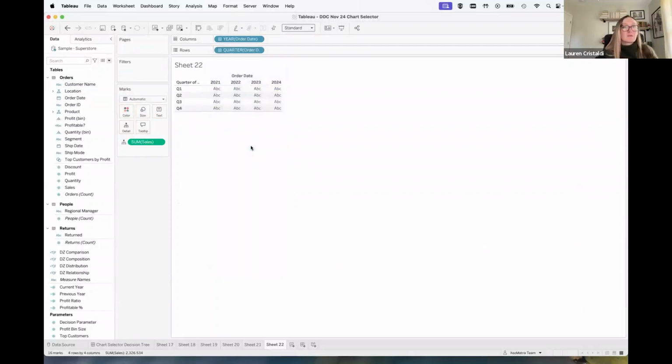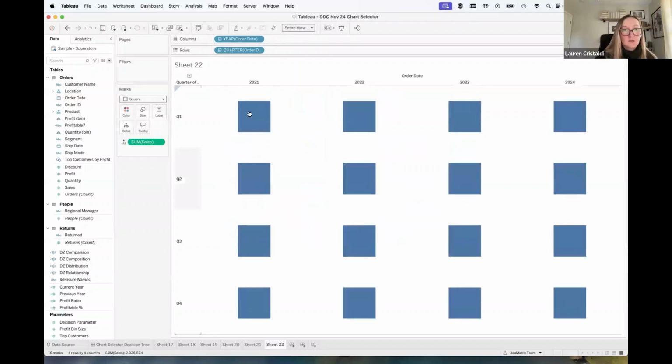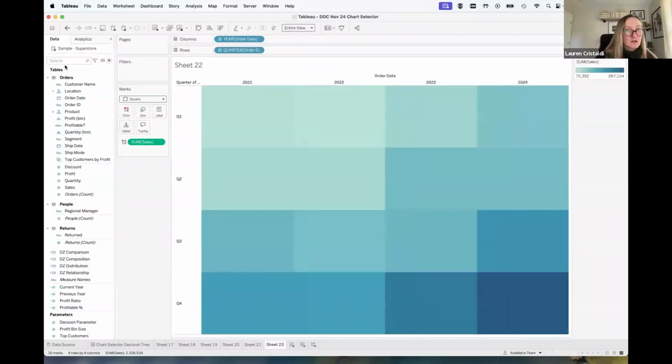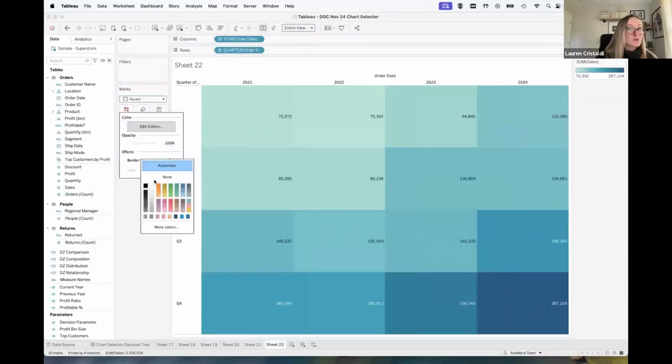But if we just change that to a discrete quarter, and we change the marks to a square, like the other one, entire view, write that onto color, do sales again on label, and then from color, we'll make those borders again.